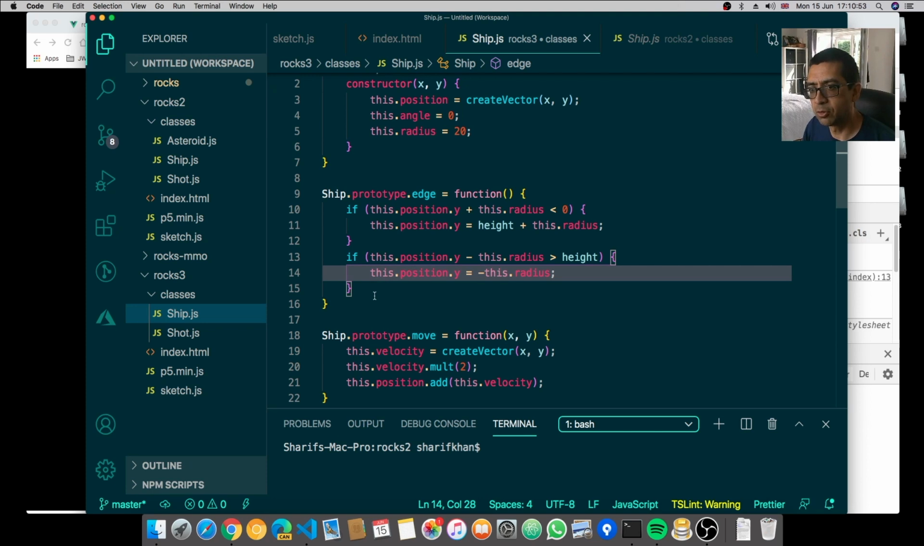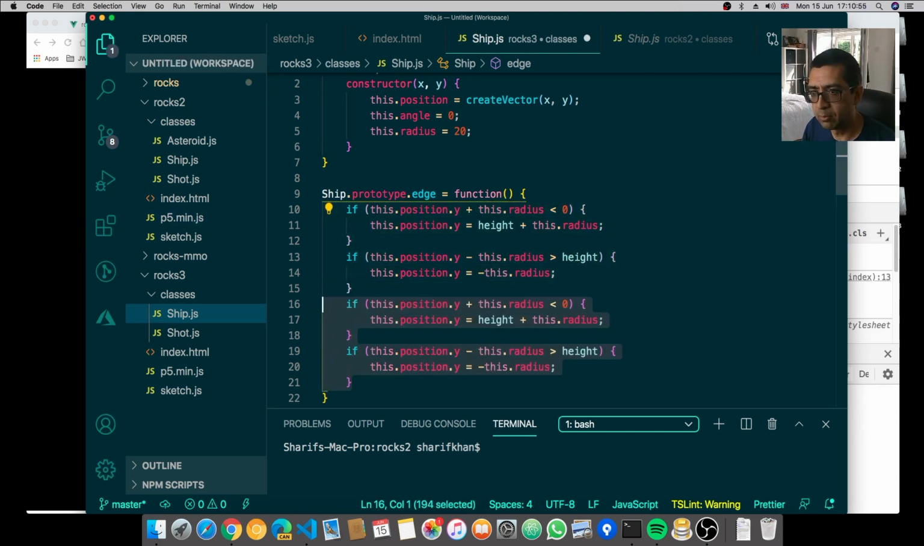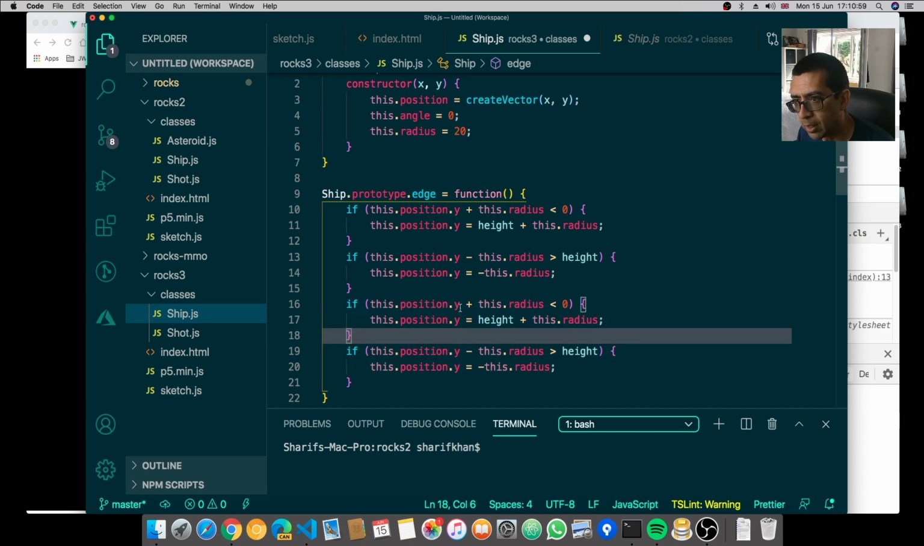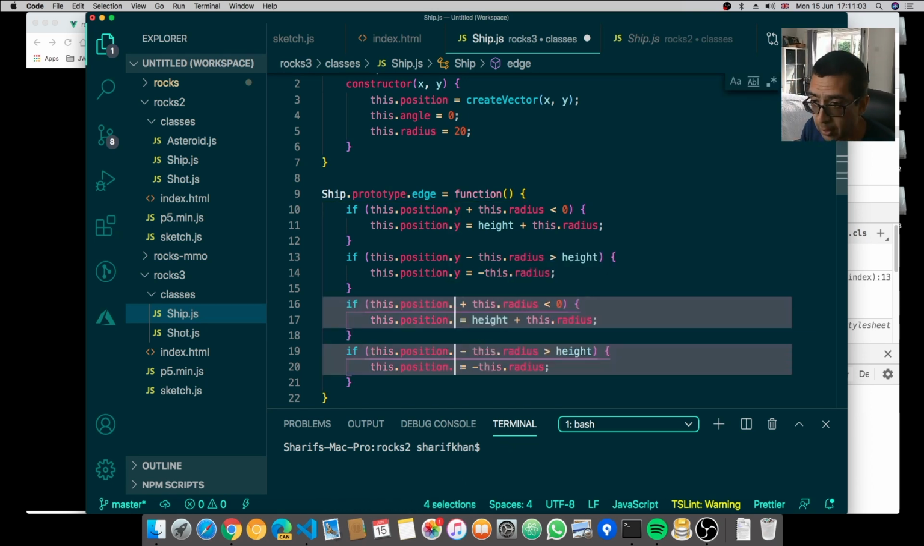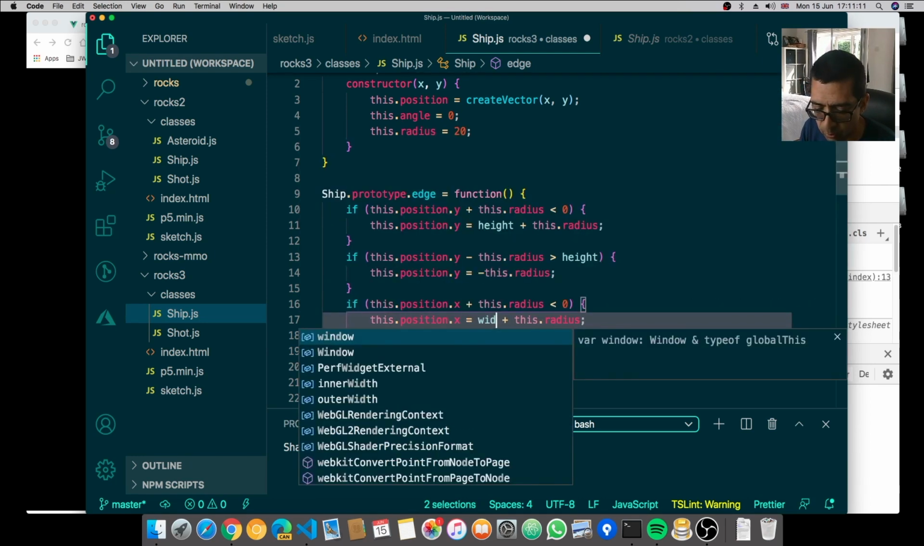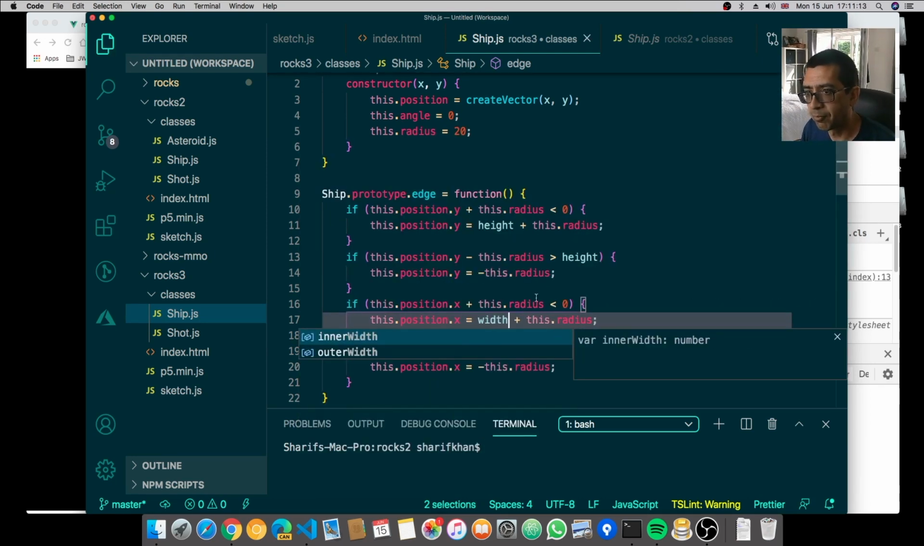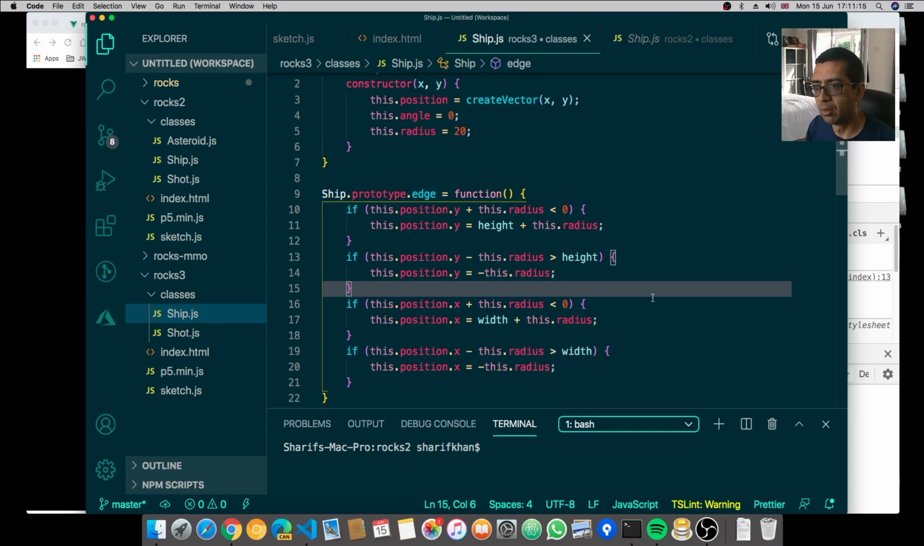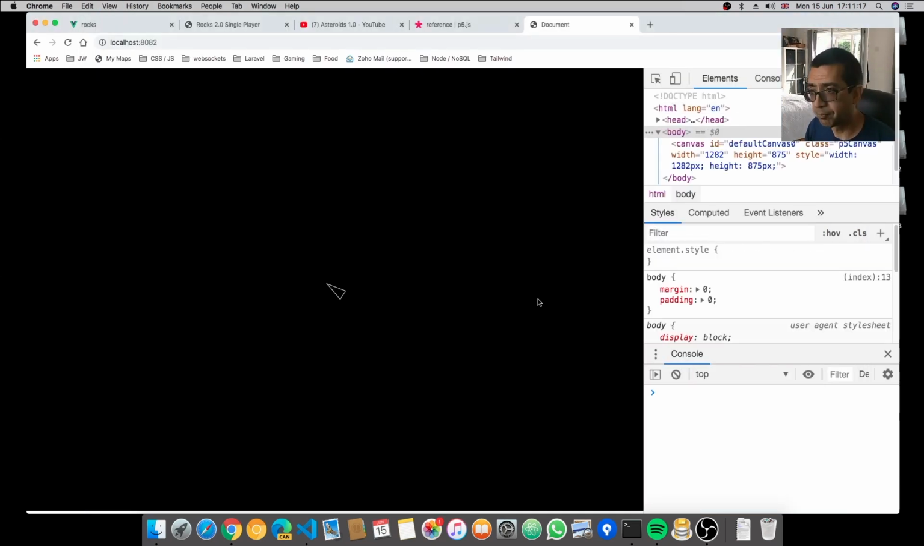So that's the y done at both ends, so we can copy these two now and just do the same with the x. We can say dot x, and rather than height, we can say width, and there we are. So now with the ship, if we move the ship off the screen, notice when we go up to the top,